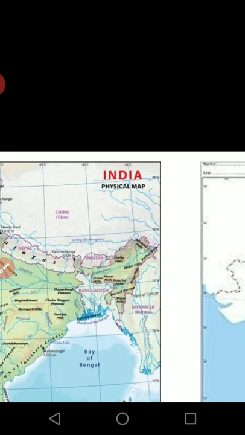This is India's physical map. In India's physical map, they have made the figures of Himalayas. You will see there are lines where they are showing you the deserts, the rivers. So whichever map shows the physical features is called a physical map. And physical maps, blank maps are only given if you want to mark some kind of physical features.